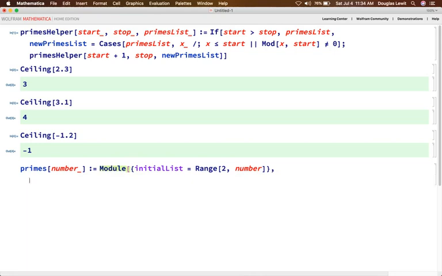And then here we are going to do primes helper. Start with the first prime number, which is 2. This will be ceiling square root of the number. And we're going to start with the initial list. Notice, by the way, and this is important,